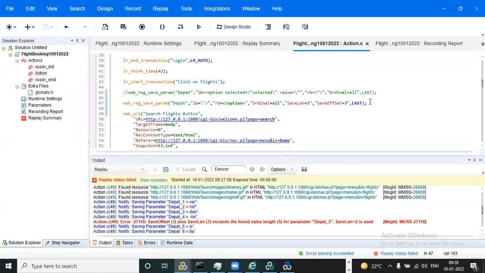They will capture the first 3 characters, like IND from INDIA, and skip the last 2 characters. Each country, like USA, will be given like that. So we can do it with these arguments: ordinal all, save length, save offset.